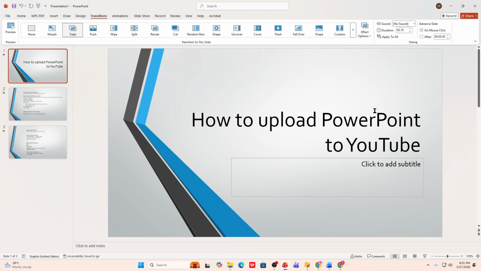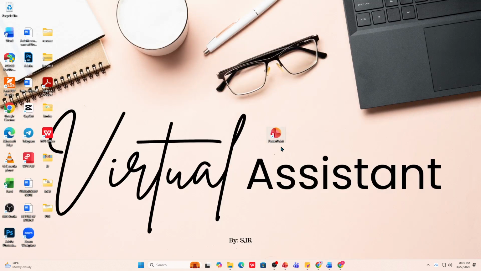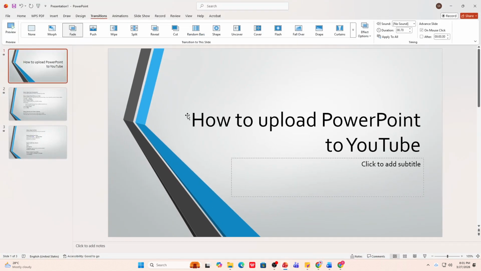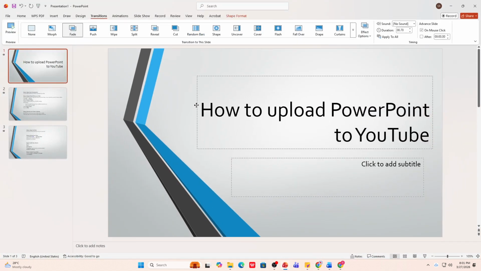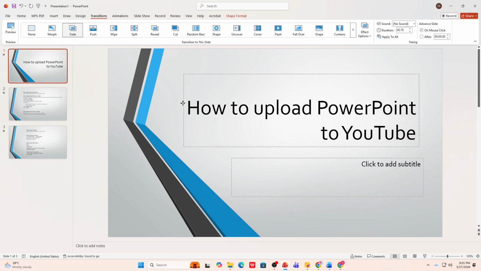Give your slides a quick check for readability. Large text, clear visuals, and minimal clutter work best on YouTube. If you plan to present in a widescreen format, using a 16:9 slide size helps your video fill the frame without black bars. You can't upload a .pptx file directly to YouTube, so we'll convert it to a video from